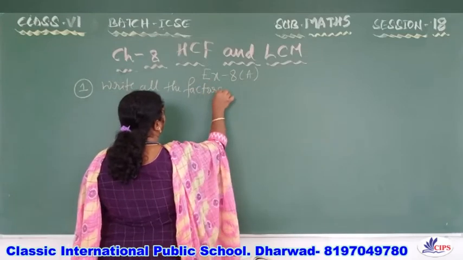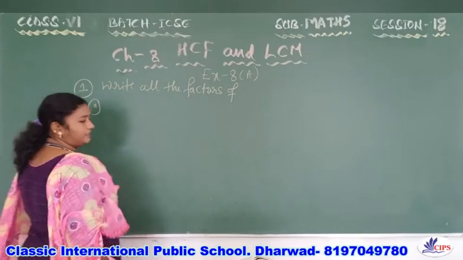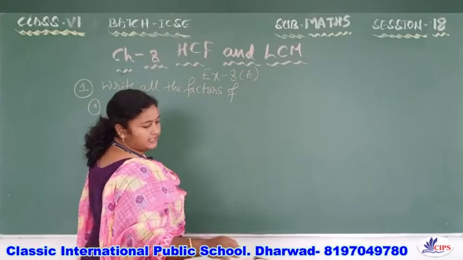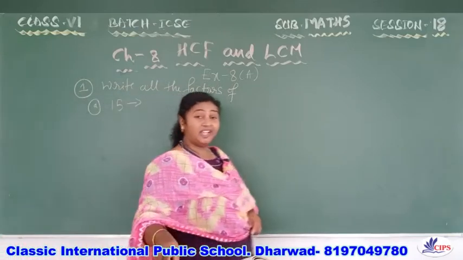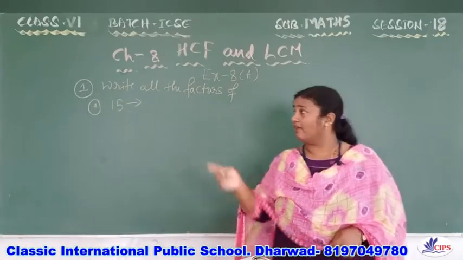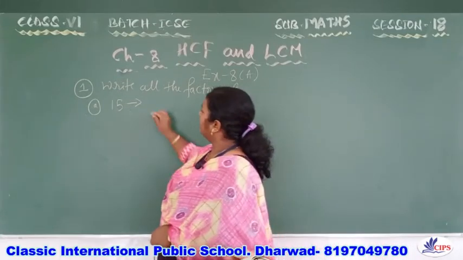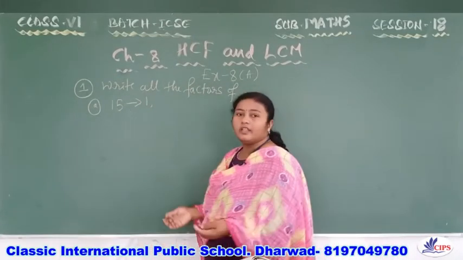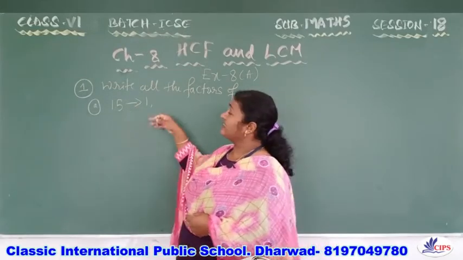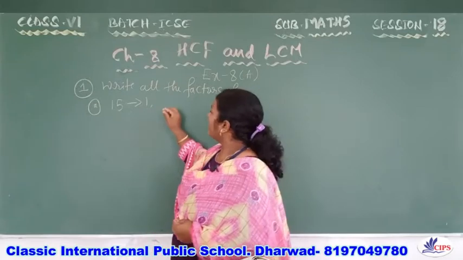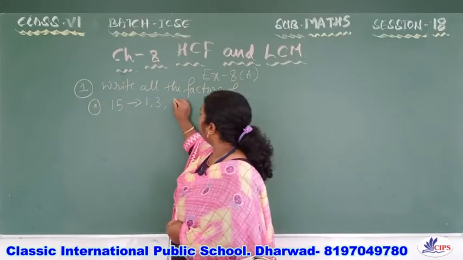The first example they have given: you have to write the factors of these numbers. First example, 15. So 15 is there in which all tables? You have to list the tables, in simple language. So 15 is there in the 1 table, which means 1 divides 15 completely. Next, is 15 there in the 2 table? No. Next, 15 can be divided by 3 completely. Then 15 can be divided by 5 completely.